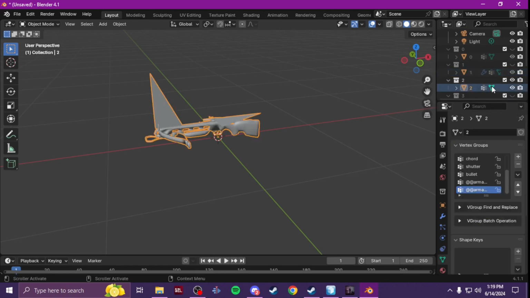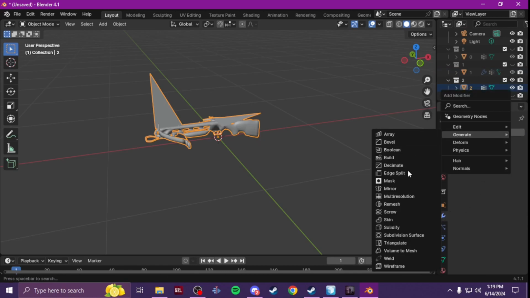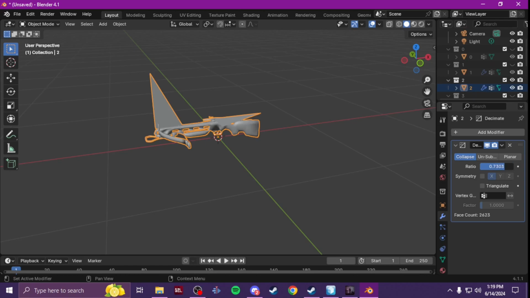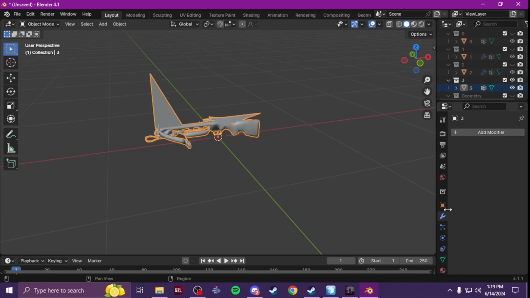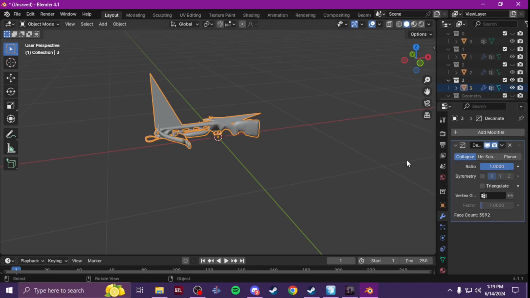Same thing. Click the triangle, wrench, modifier, decimate, bring it down even more. Click the eye. 3. Same thing. Modifier, generate, decimate, and even more than before. And then that's it. And then you'll export it